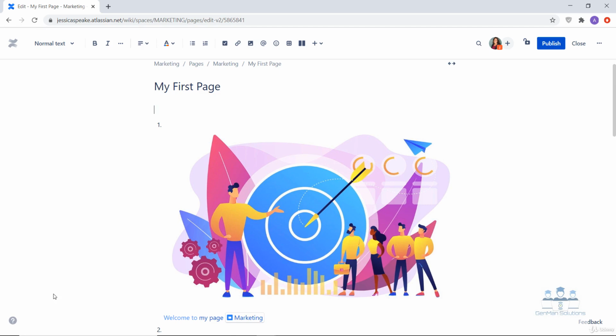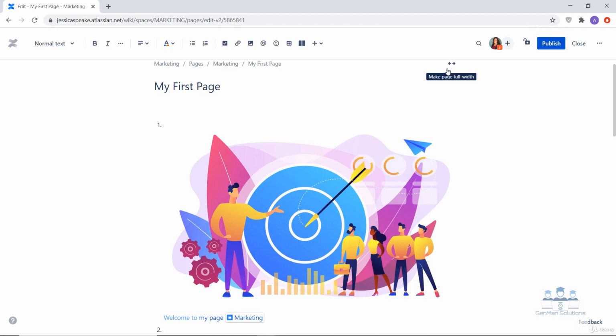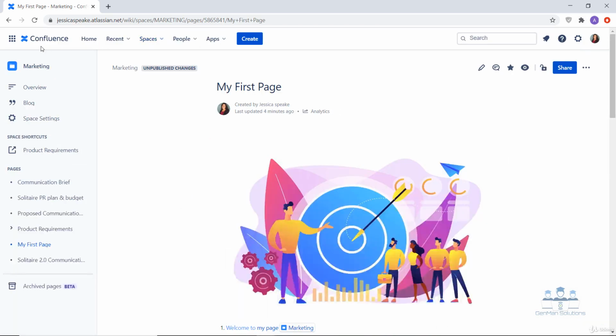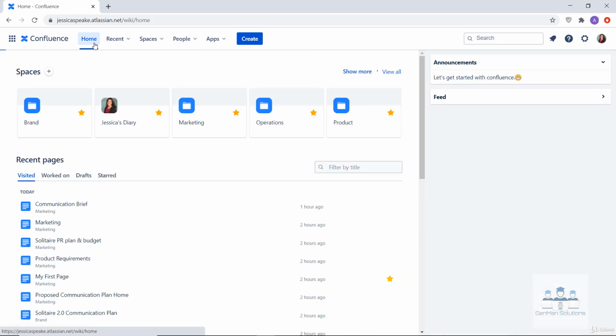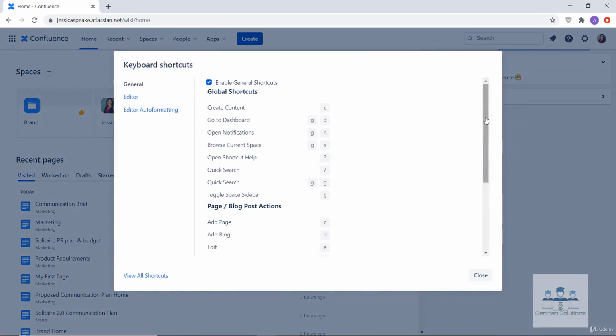You can also select the question mark icon in the bottom left corner of the page to view the editing keyboard shortcut page. Now let's get back to the dashboard to see the main keyboard shortcut dialog. Now let's click on help, click on keyboard shortcuts.